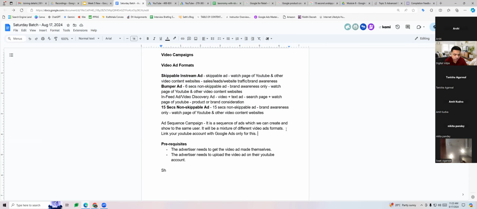So the whole idea is like this. What we understand is it gives a better brand recall because you're showing multiple ads. Once you show multiple ads, it registers better in a user's mind. Showing just one ad and then you forget about it, and you see another ad maybe after 4-5 days, is not a good brand recall. In the same video watching experience, if the ad comes 2-3 times, the brand recall is much better.